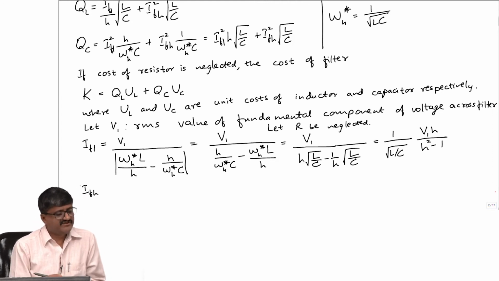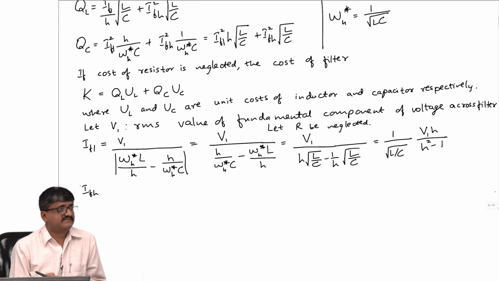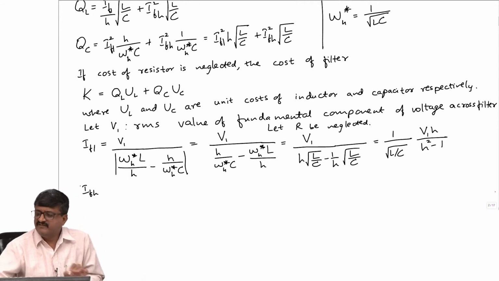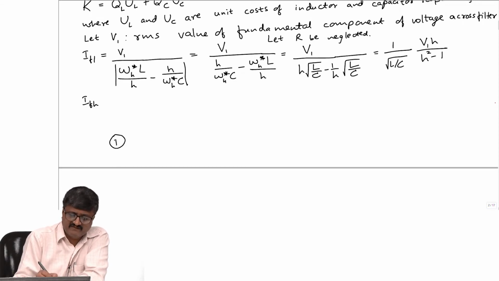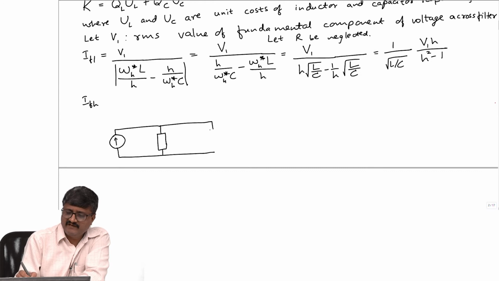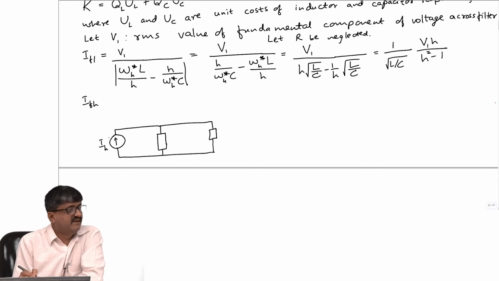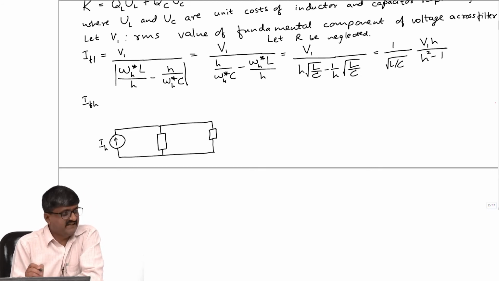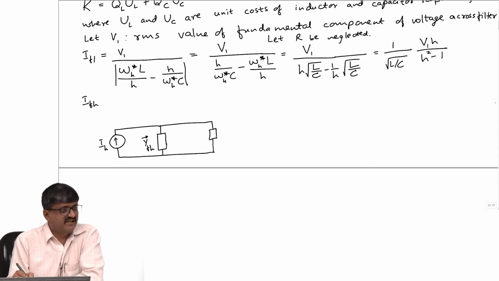Now how to get IFH? Can I write IFH in terms of IH? If we considered one particular circuit, if you just recall, there was a representation of the converter in the form of a current source. We started with this only. Then the filter is represented by an admittance, the network is represented by another admittance. So the magnitude of the current from the converter is IH, then the filter has an admittance Y of H at the harmonic frequency.